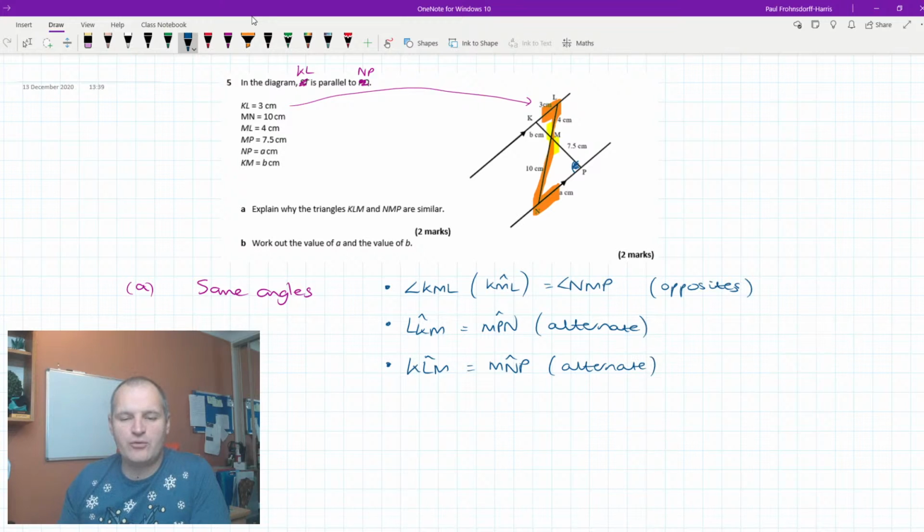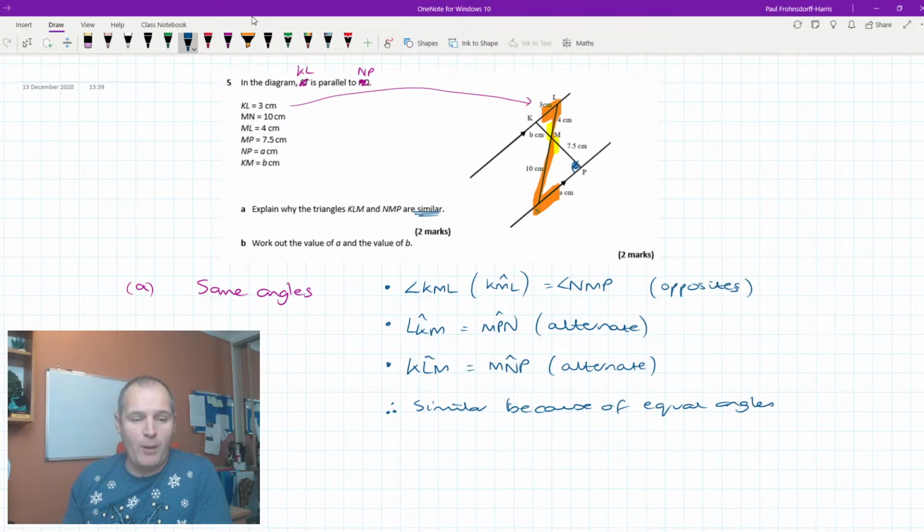Now, because we now know that all the angles are the same, that is a proof of similarity. Therefore, this is the symbol for therefore similar, because of equal angles. Now, what part B is then saying is, well, once you know that they're similar, how can you work